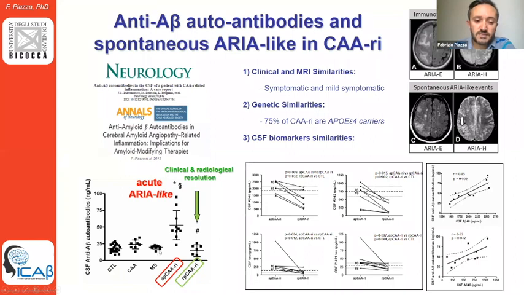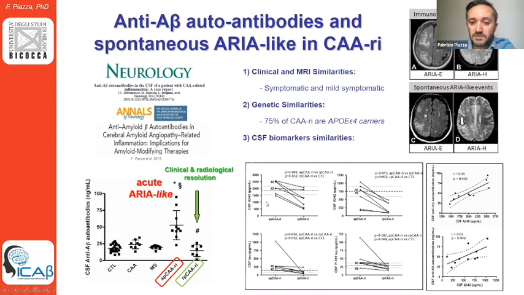as a control for the autoimmune and inflammatory response, but not related to amyloid deposition. And what was very interesting is that after the clinical and radiological resolution of the disease, so in the remission phase, the same patients have a return of this antibody to the same levels that we found in the control groups. And again, as you can see in these cartoons, you see that during the acute phase, the